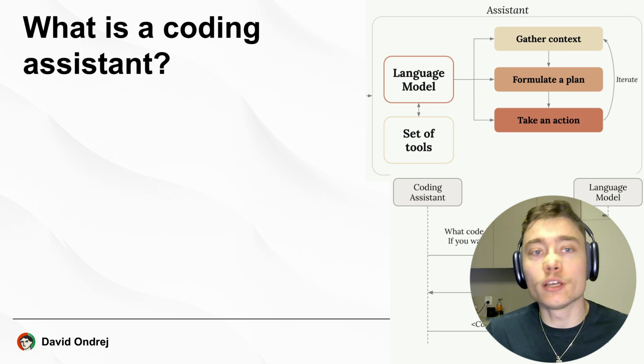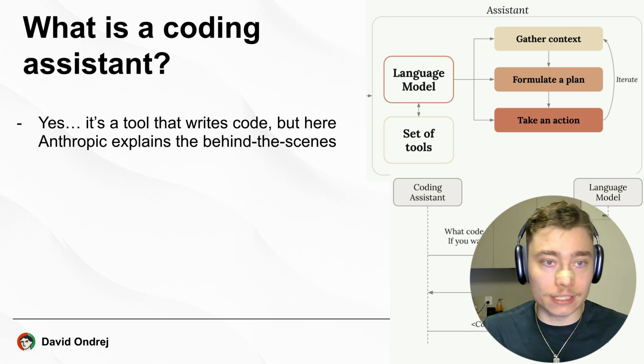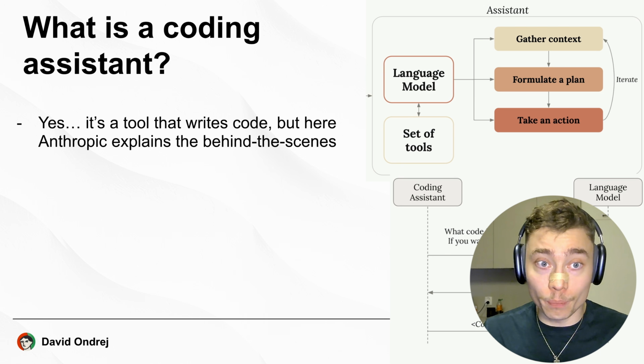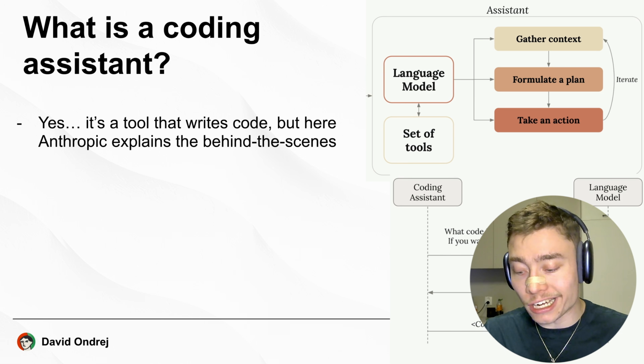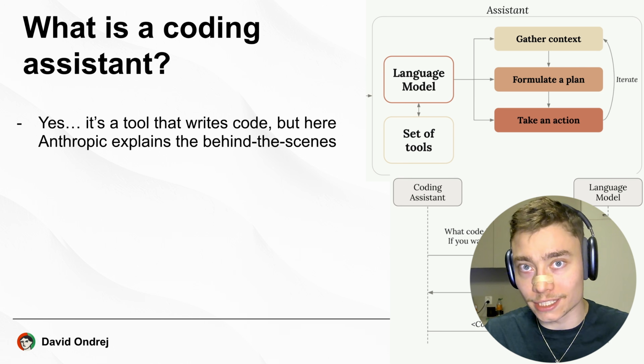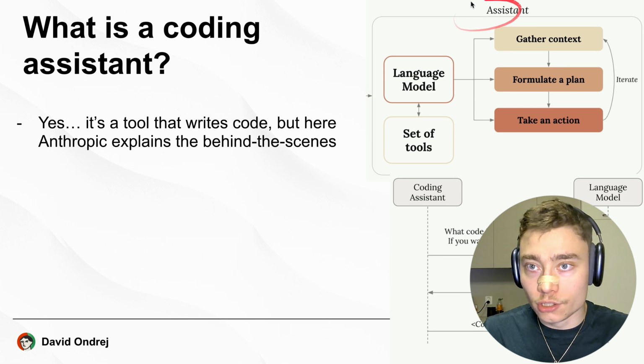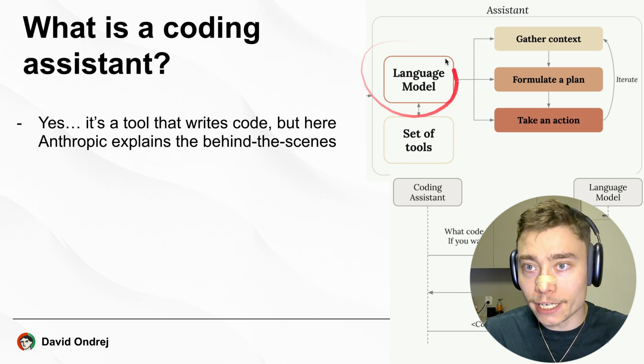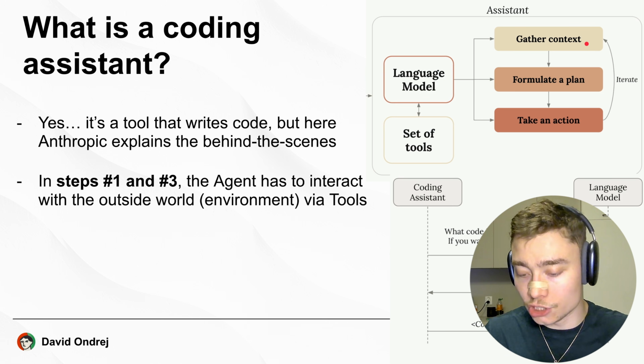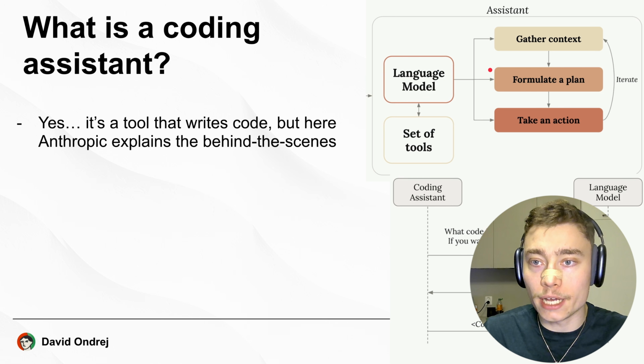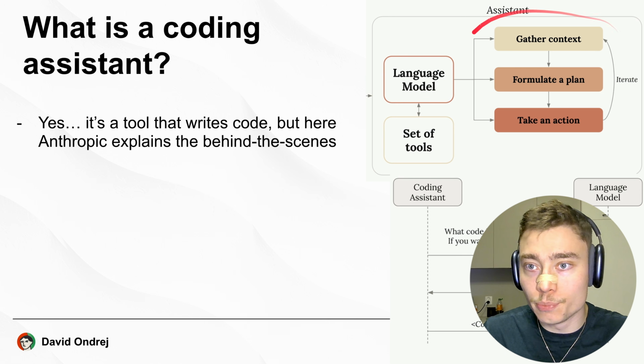First, let's clarify what is a coding assistant. Now, yes, obviously it's a tool that writes code, but Anthropic goes a lot deeper here. They explain the actual behind the scenes of how a coding assistant works. And you can see that on the top right. The coding assistant includes a language model, which has access to a set of tools, and the language model then has these 3 steps. First, it needs to gather context. Second, it needs to formulate a plan, and third, it needs to take an action, and then repeat these until